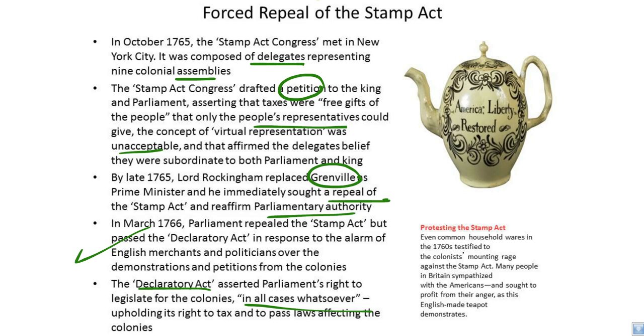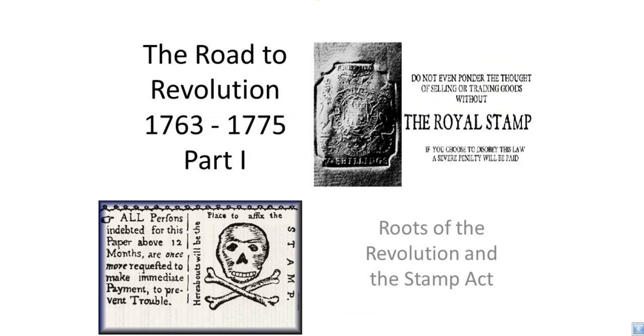By late 1765, Grenville was replaced by a man named Lord Rockingham, who immediately sought a repeal of the Stamp Act and to reaffirm parliamentary authority. Parliament repeals the Stamp Act, but at the same time passes the